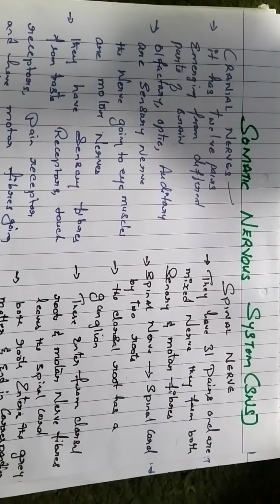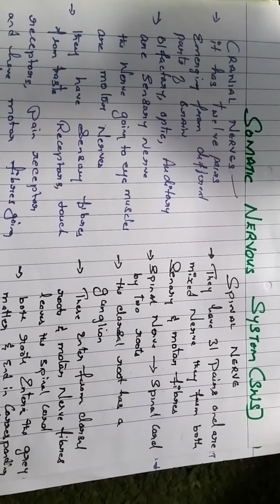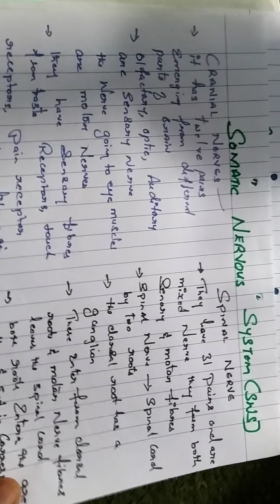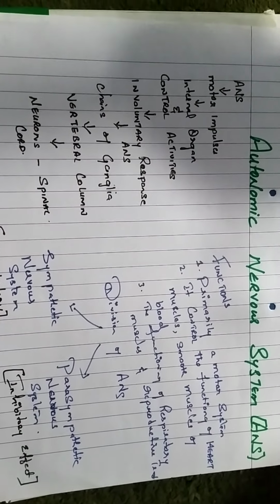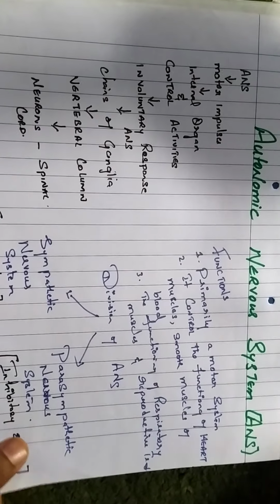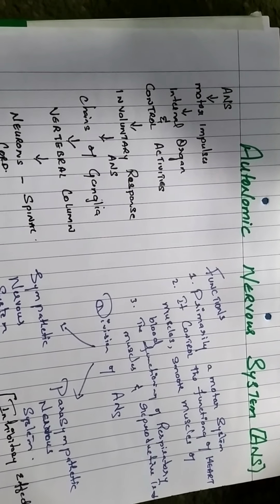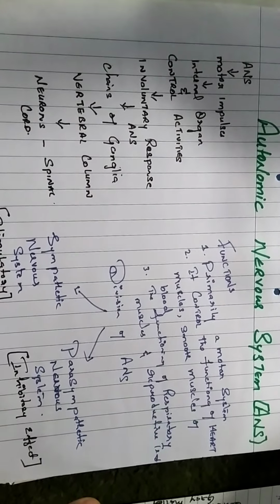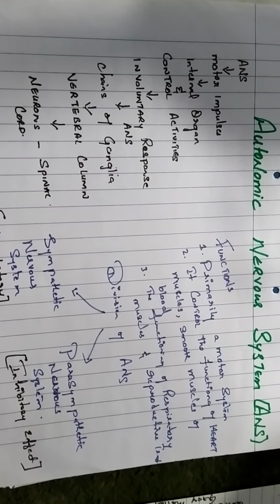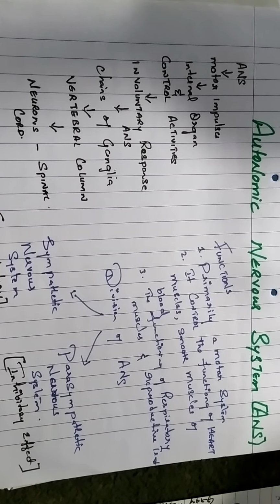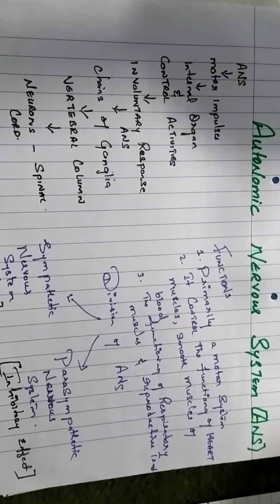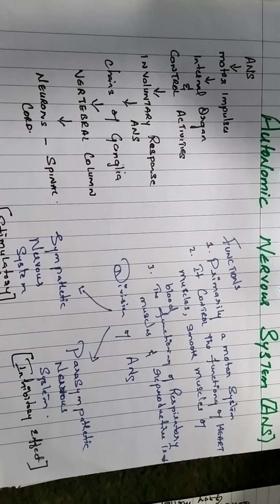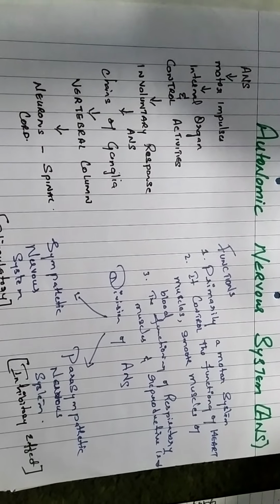This is the small topic of the somatic nervous system. Now one more topic, which is the smallest topic, remains to complete the whole unit of the nervous system. If you have forgotten or missed the previous class, you can click on the description given below for the previous classes and catch the full topic.